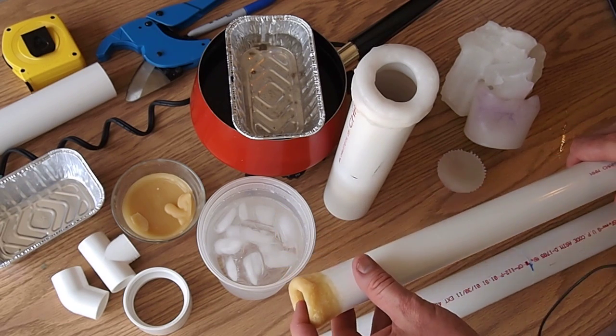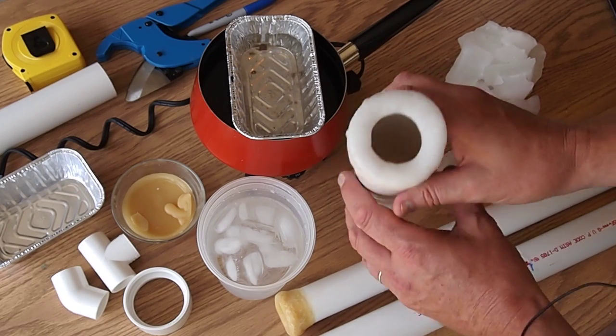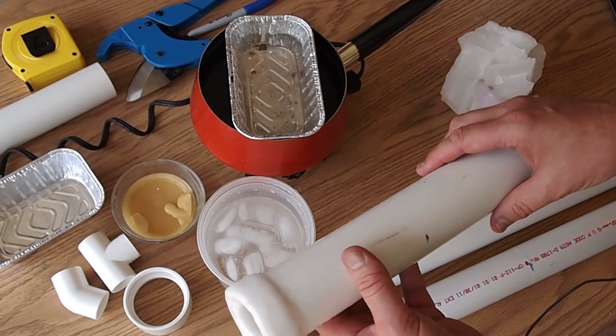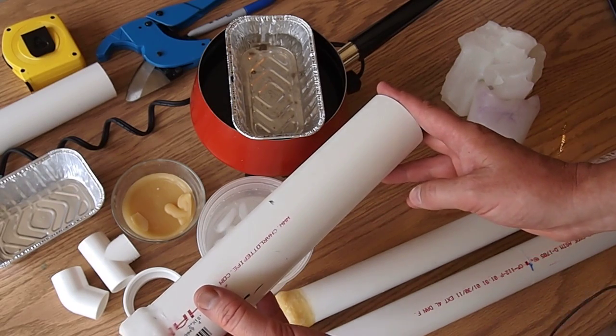It would probably work pretty good. You get a different kind of a tone than you would with a wider piece. This is a 2-inch pipe. And also what I did was I tried experimenting with just making a 1-foot section that would be the mouthpiece,